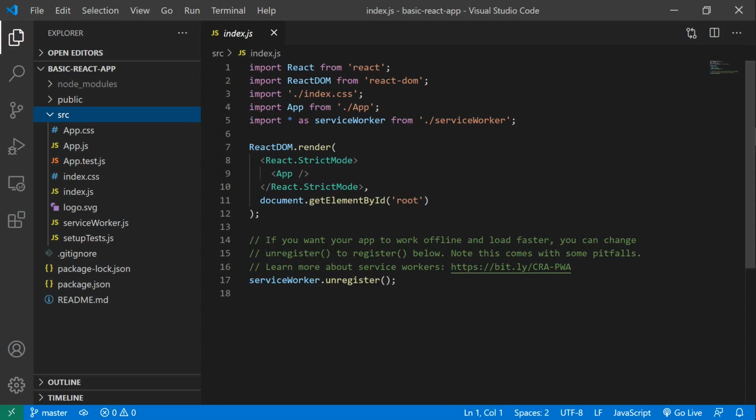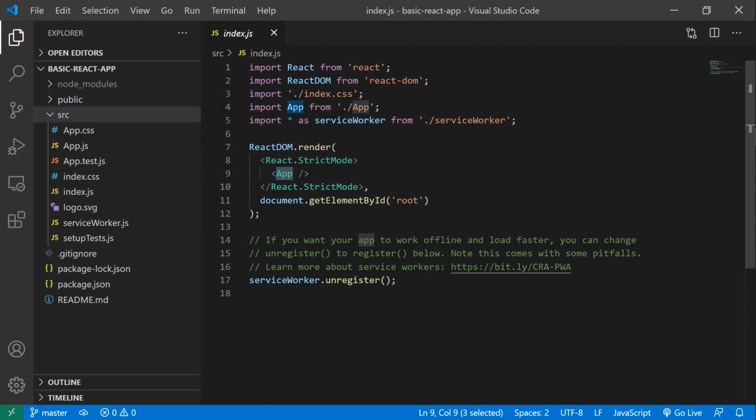Now you have to keep in mind that React is a component based package which uses components to build the application. You are going to make different components and place them into each other, and then the whole application is built accordingly. Here you can see that this app component is being imported and rendered over here, and this app component is the root component for our application.